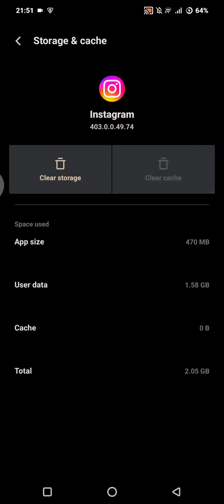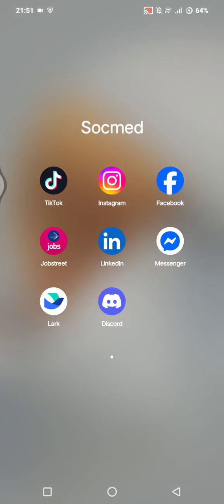And after that, you can just restart the application, so reopen it again and check if the cutout is now